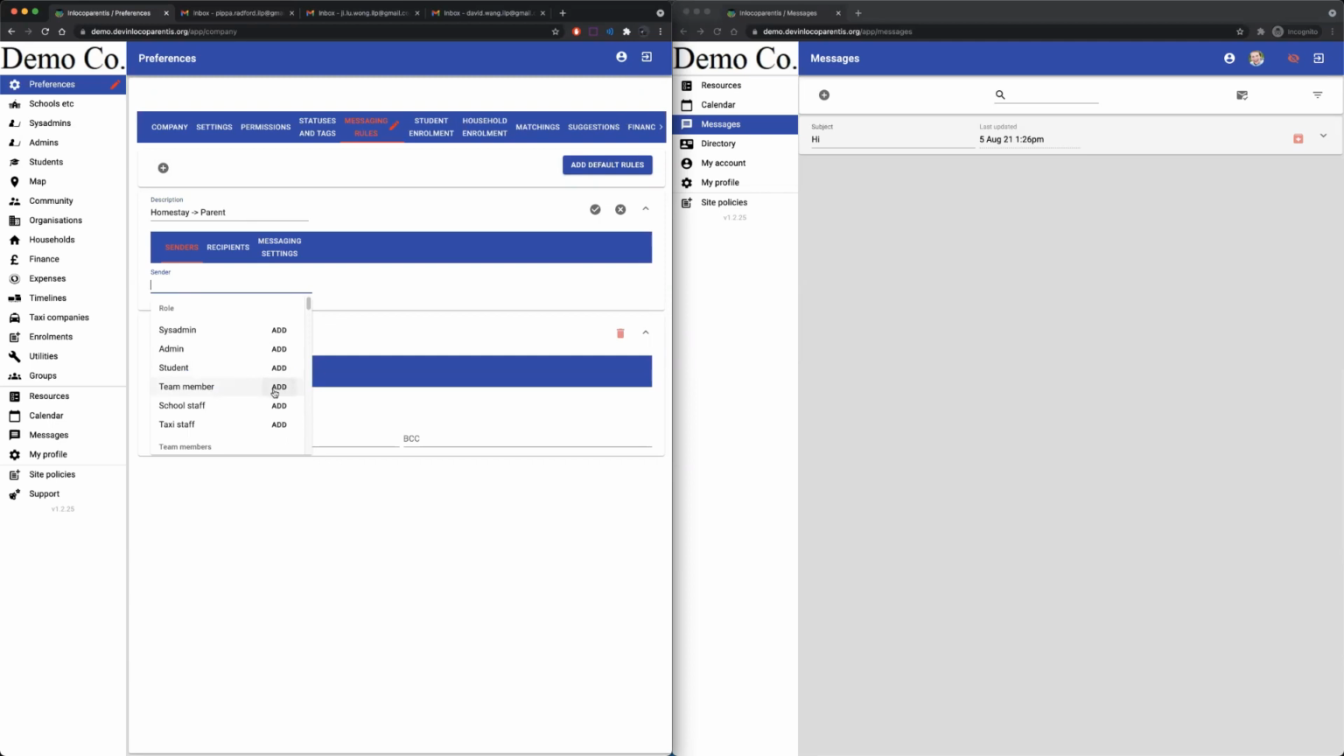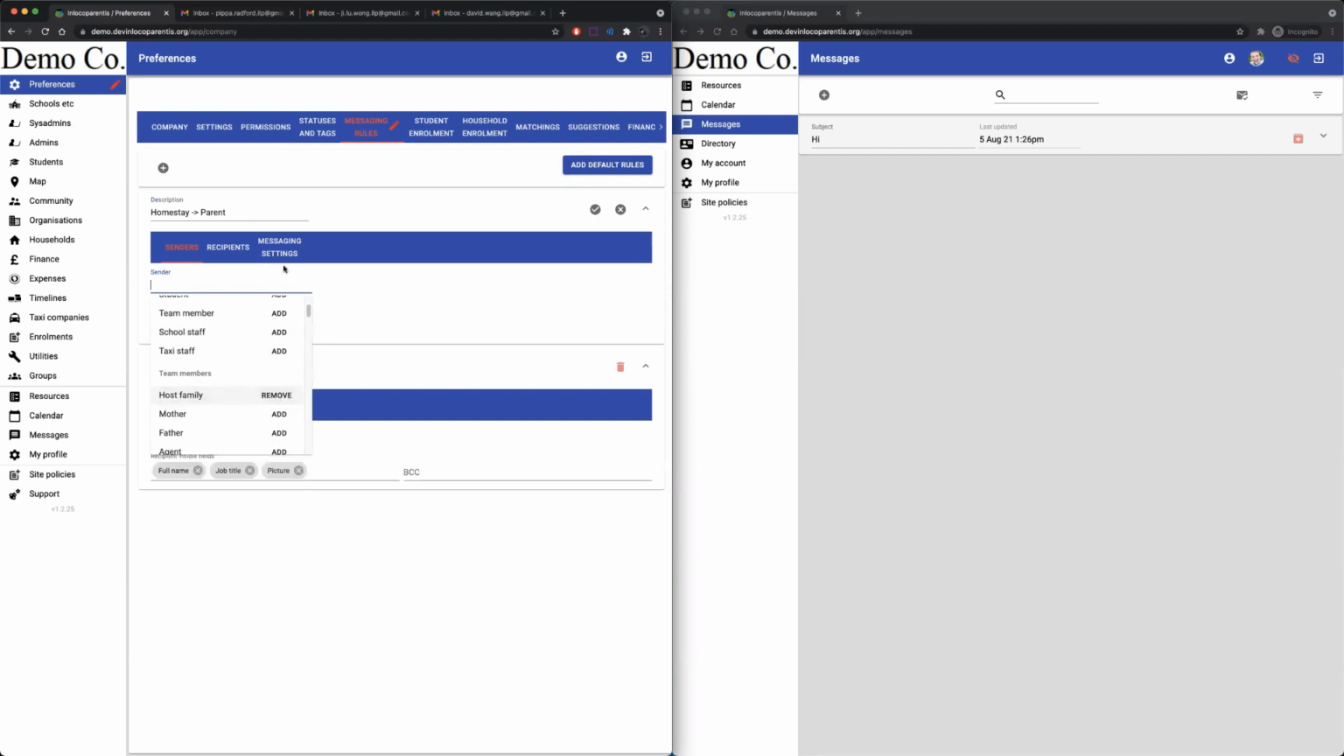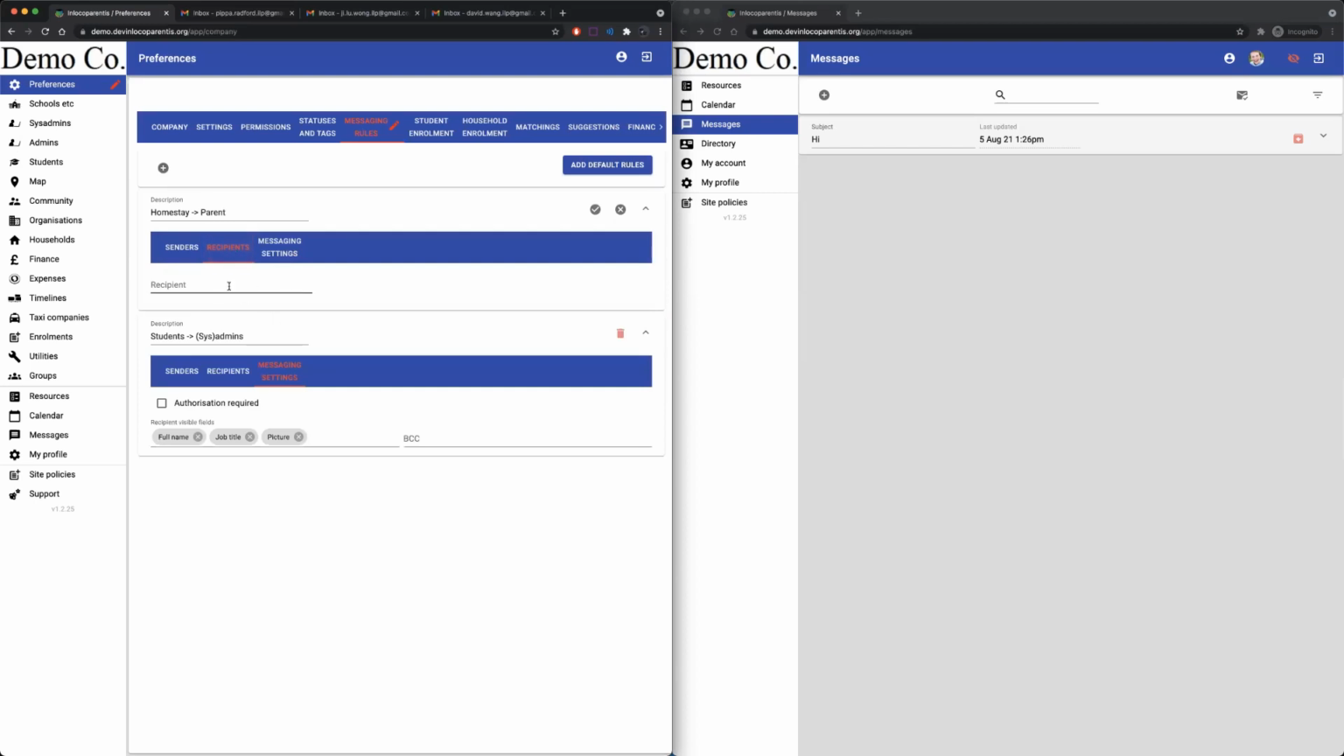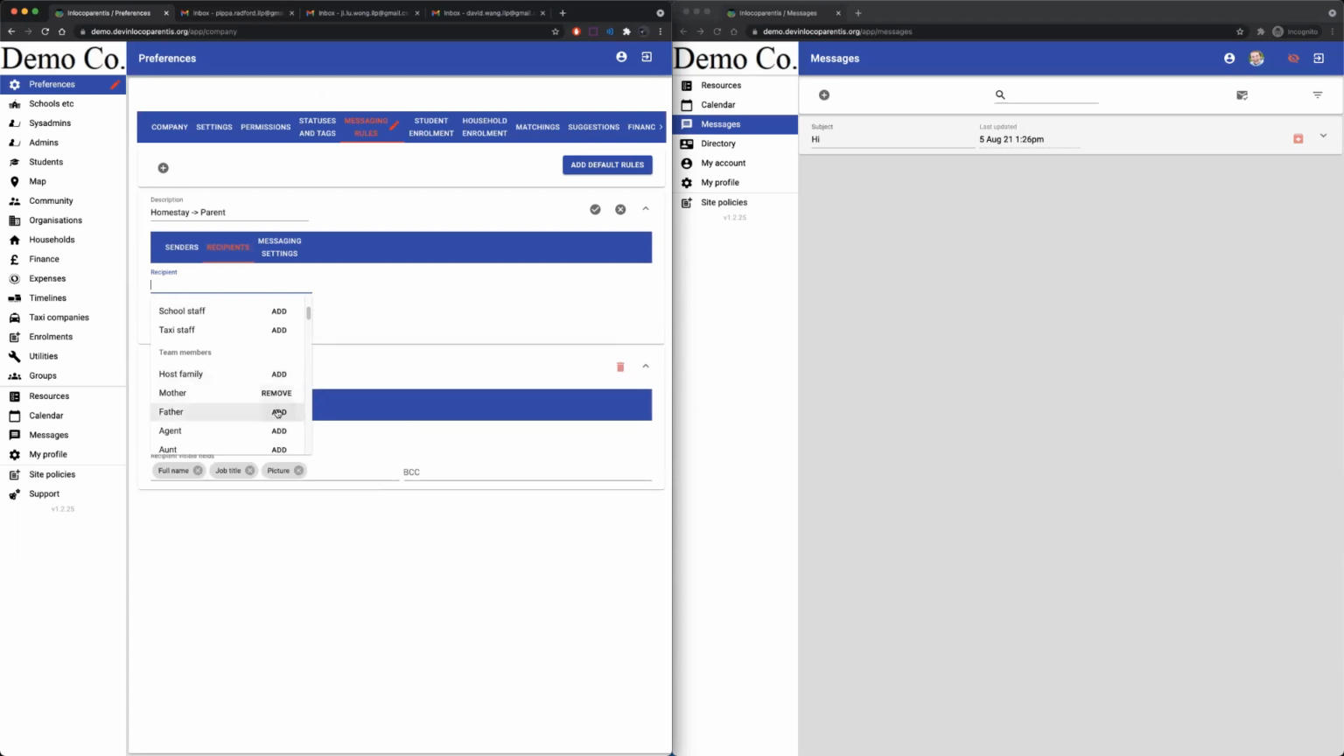And I could, if I click here, add team member, because obviously homestays are members of the team. But if I go down a little bit further, I can be specific about the type of team member I want to allow to create this message. So I'm going to add homestay, and then in the recipients, again, it could add team member because they are team members, but that would allow any team member to message any other team member, whereas this is just allowing a team member. So I'm going to add mother and father in here